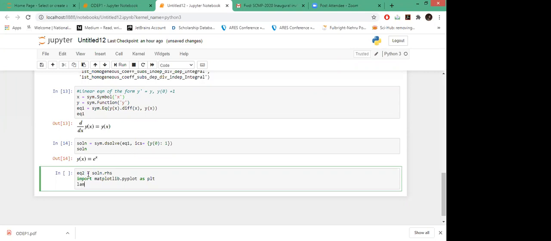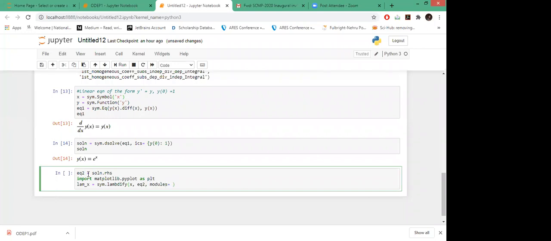So let us store this. This is the function which will work. I'm passing this x, and then I'm passing this eq2, and then the module.